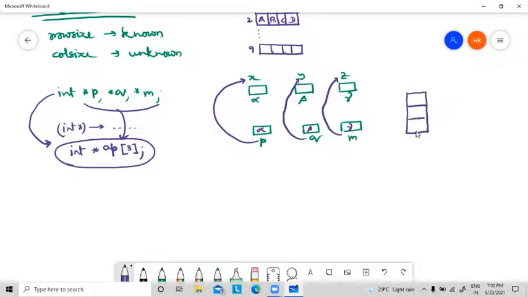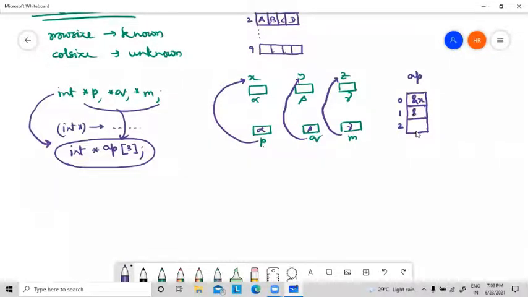I should write it horizontally, but I'm drawing it vertically. So this is AP, this is 0, 1, 2. Okay. So suppose this P is this one. So ampersand X, am I clear? Address of X is stored here.